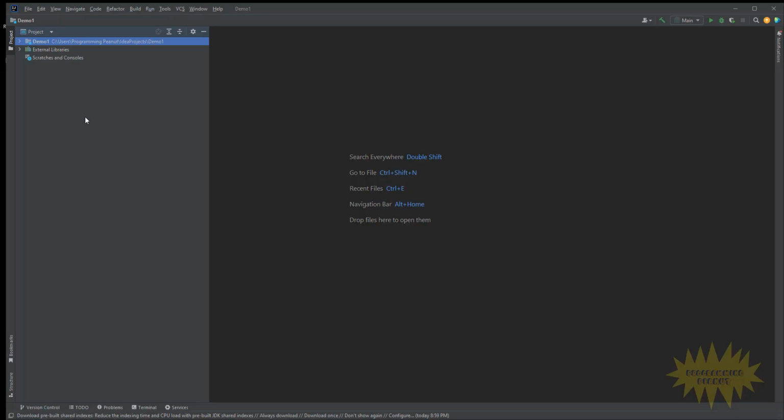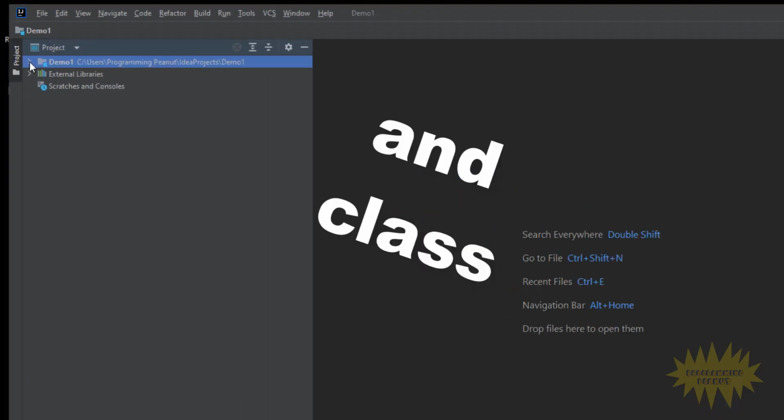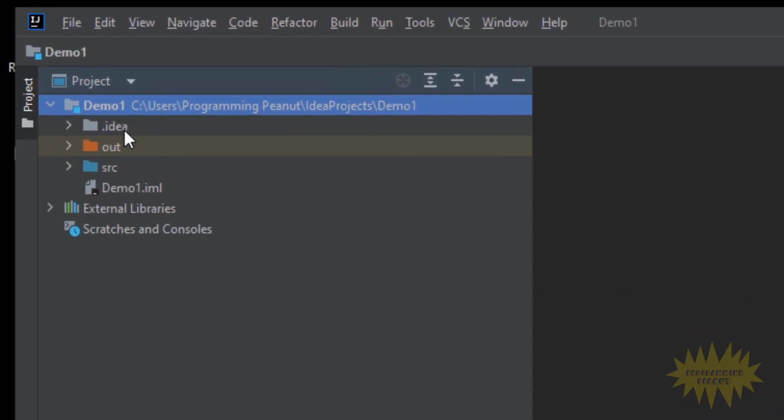In this video, we're going to go over the layout of a typical Java project. So here on the left side, you'll see that I created a simple project called Demo1, and this whole thing is called the project structure. And what's a project? It's really just a bunch of folders, folders nested inside other folders, and inside those folders